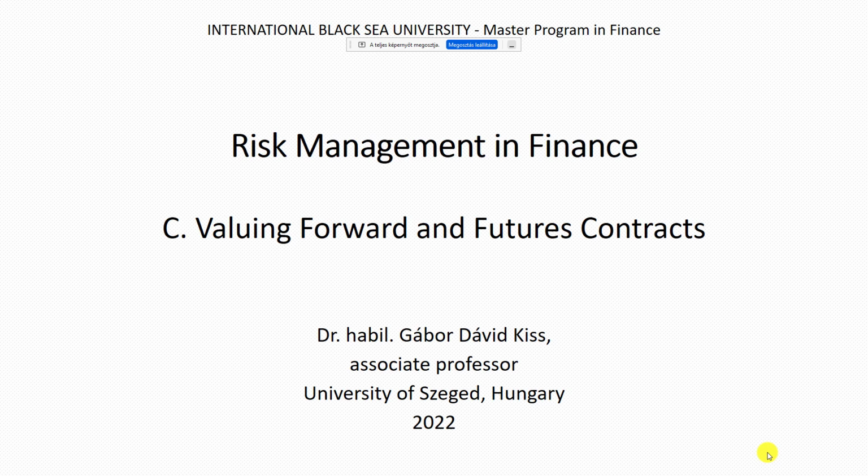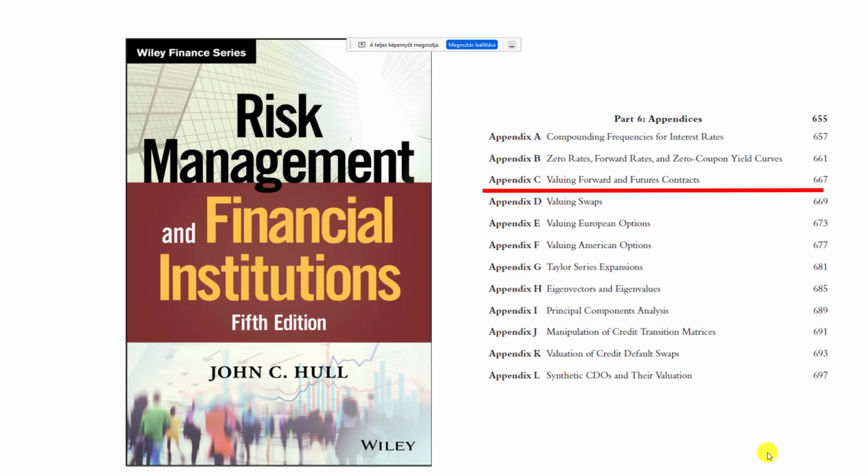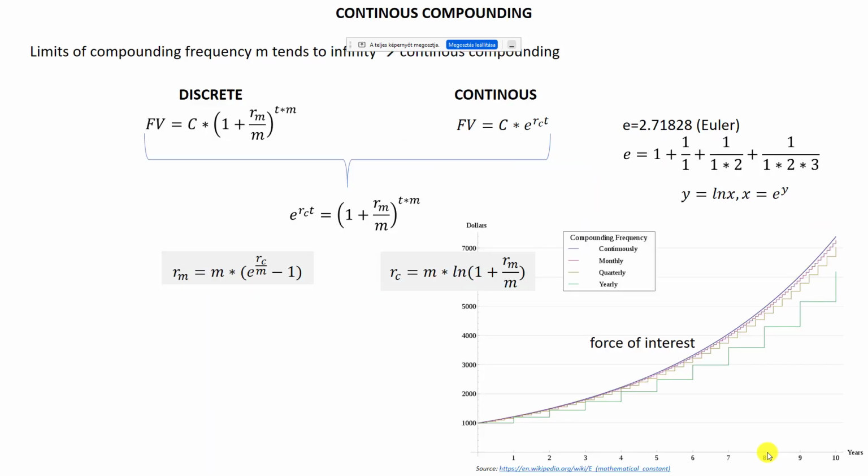But when I was processing the Annex C, I realized that we first have to start with the valuation of forward and future contracts, because this chapter will use all the information in this annex. So it's better to stop in the main part of the book, jump to the end, and see what is inside these 2 pages. At first, in Annex A, we were able to see that yes, we need to use